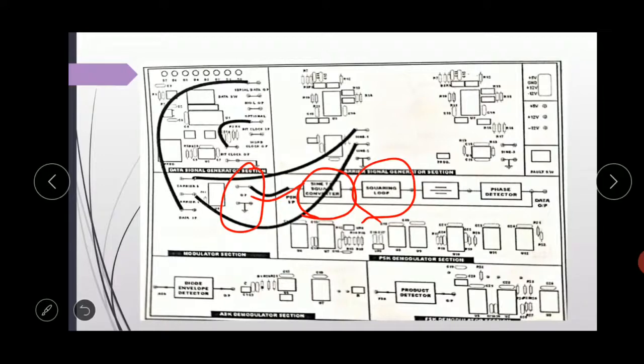Then the PLL is used to recover the carrier frequency from the output, but the frequency of the recovered carrier is twice that of the transmitted carrier. So a divide by 2 counter is used to divide the frequency of the PLL output by 2, which is not shown here, but here it is used. Then at the output we get our demodulated signal. So this is all about the theory part. Next we will do our experiment.